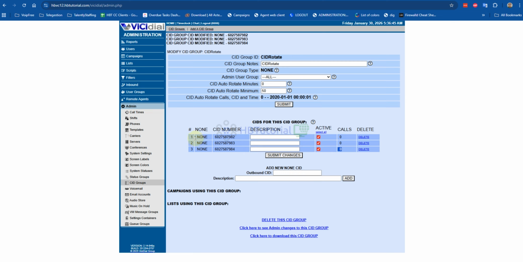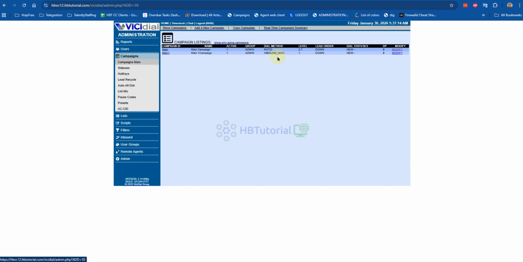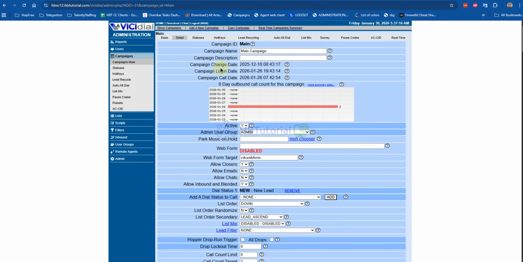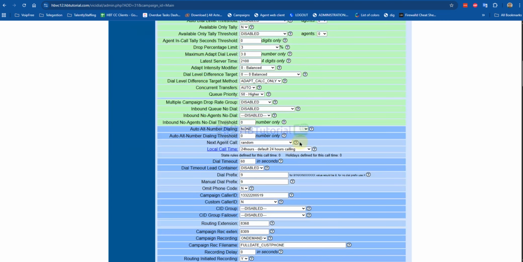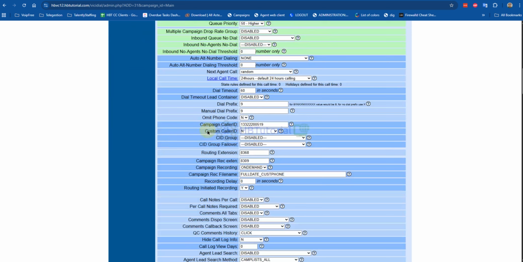Okay, so to assign the CID group, you must go on your campaign here, and then enable the custom caller ID. Put yes. CID group: mostly from here, you can put all the area code, and here for the none.